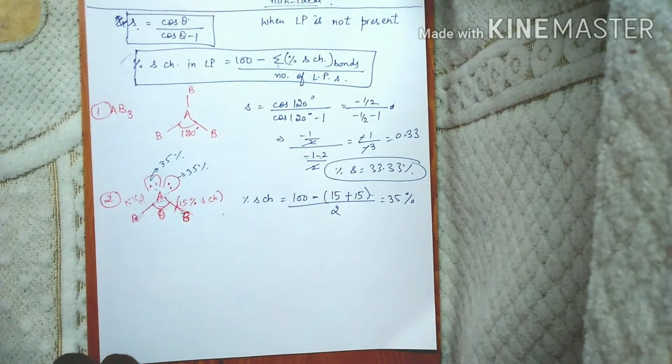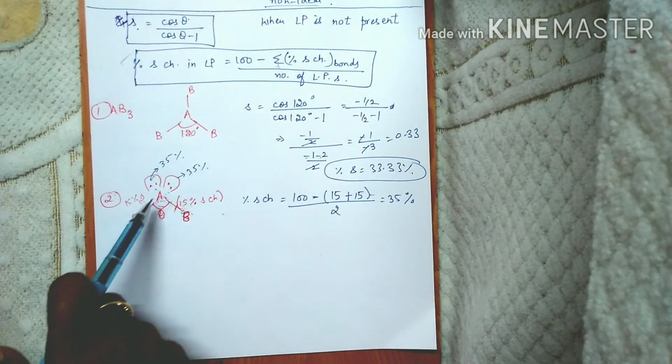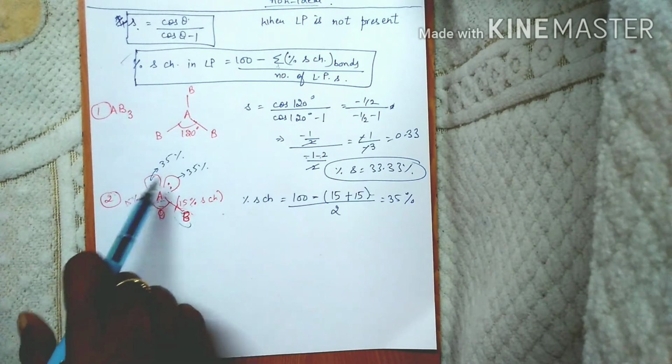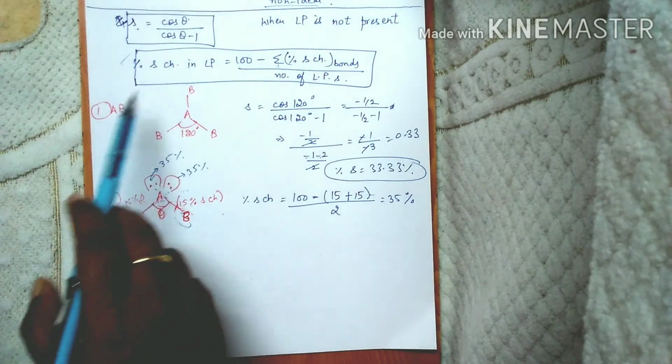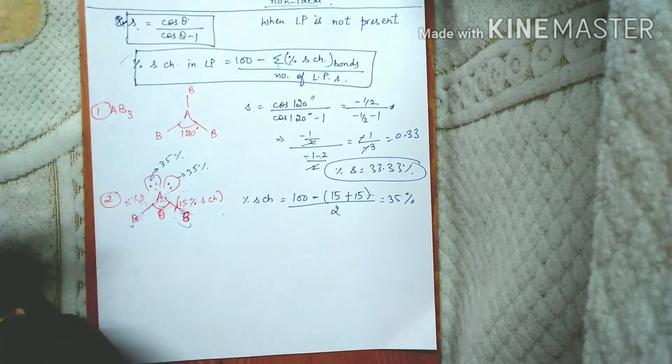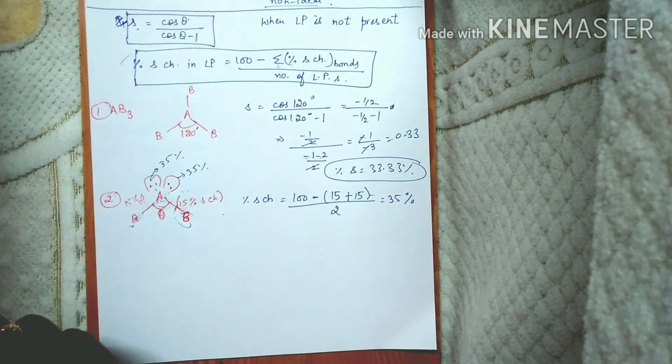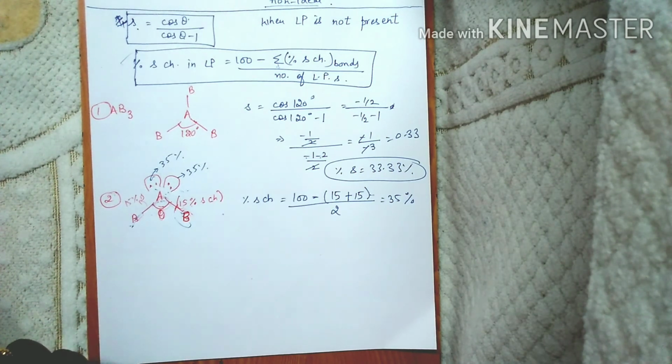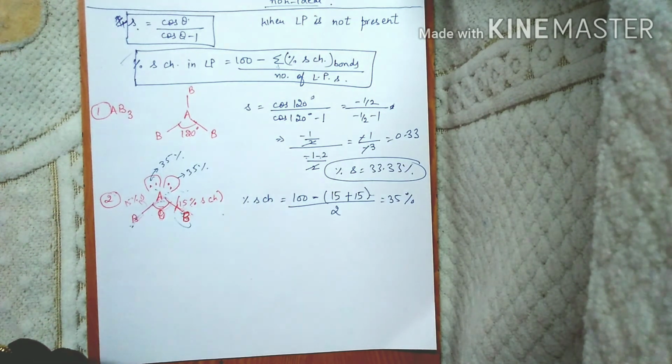So this is how you calculate percentage S character in the bonds and also in the lone pairs. All these formulas are very important to calculate percentage S character. In the next video, we'll discuss how percentage S character is used to study different aspects, like how it is related to the angle, and how it is related to bond length, bond strength,